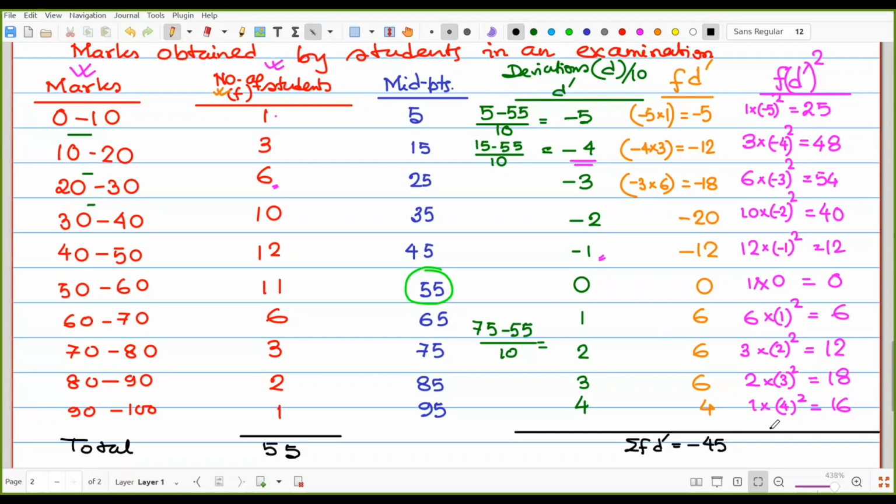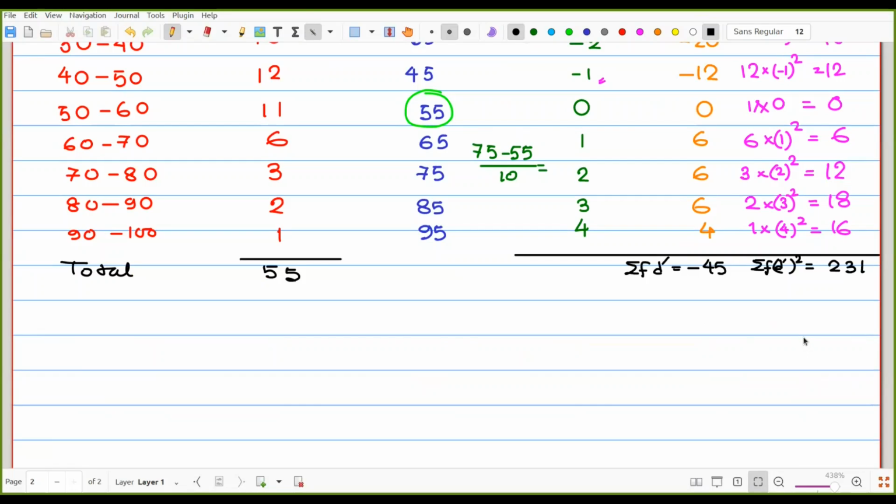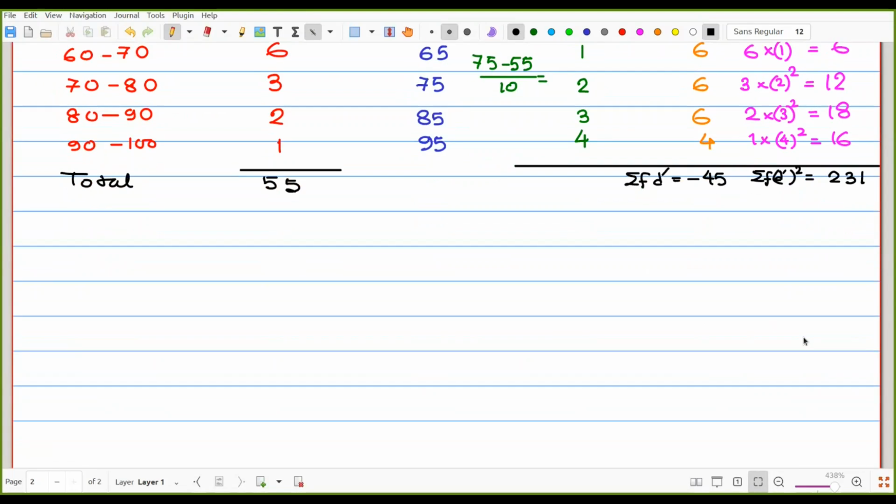Okay. And another one we have to find out, that is summation of FD dash its square. And after the addition, we are getting 231. So that means once again, whatever we have to find out, that is FD dash and FD dash whole square. So why should we use that? Then the formula for finding the sigma, there are two ways. Number one, C into square root of